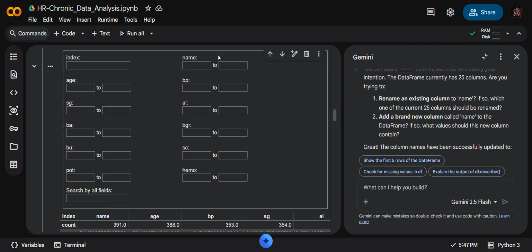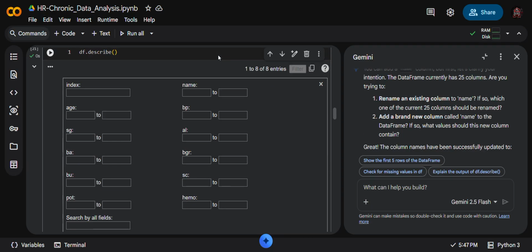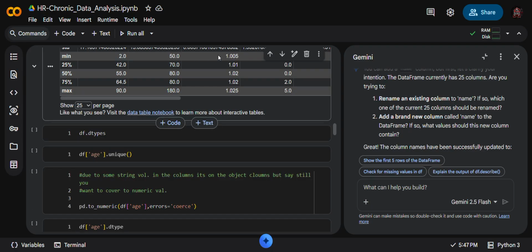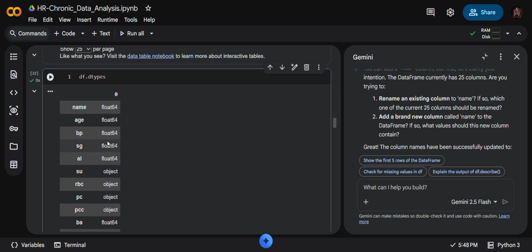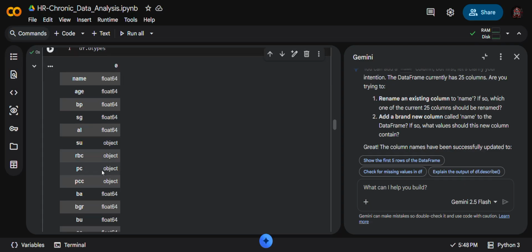You can do this for the data types too. Here in front of name there is a float. Name is float and age is float, and some of them are objects.